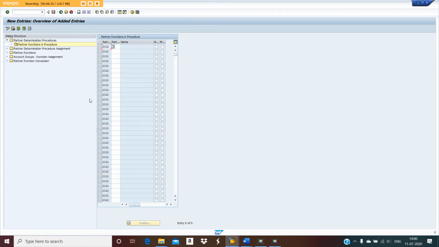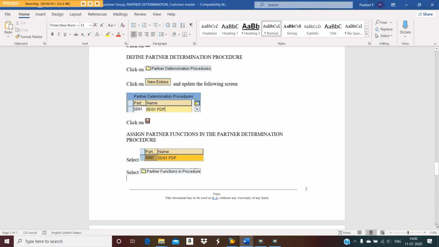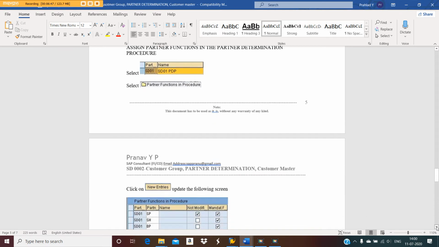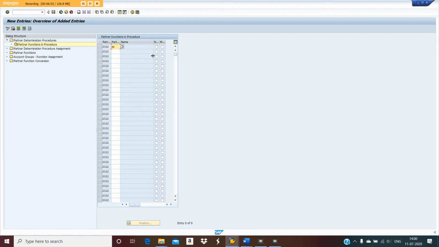Click on new entries. Here you have to select SP. Come down. For SP, you have to enable not modifiable. Just enlarge this.